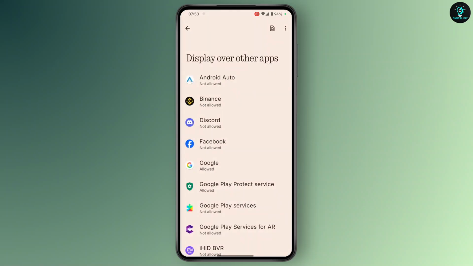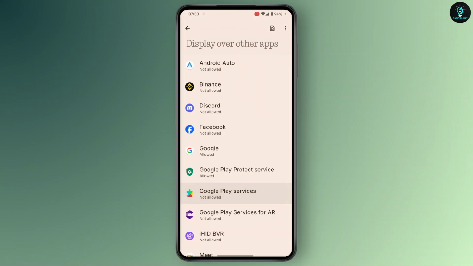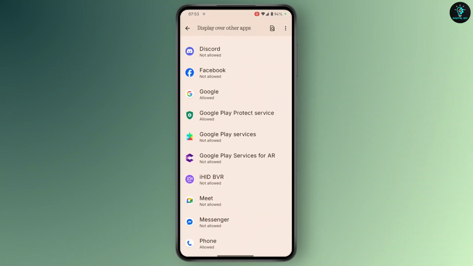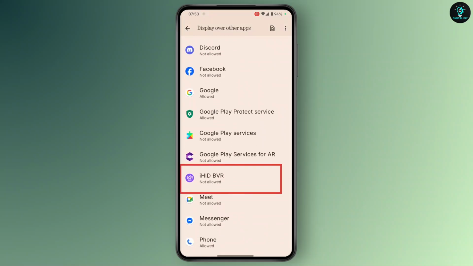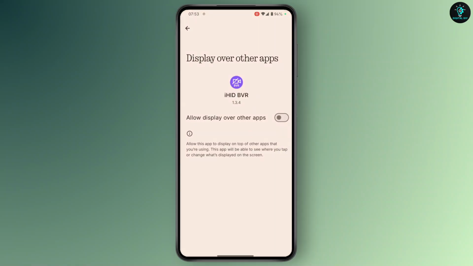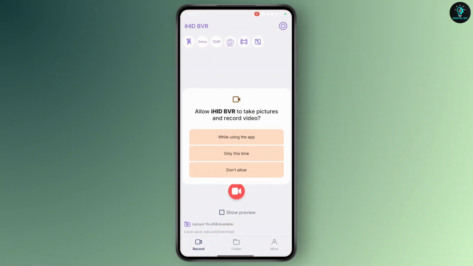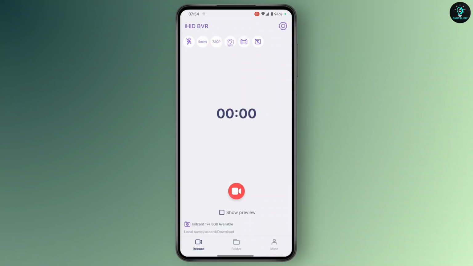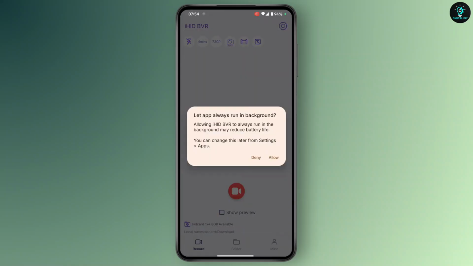So after you tap on it, it might prompt you to allow it to display over other apps, which we will. So search for that app, simply tap on allow, head back, and now give it permissions. And after you give it permissions, tap on the red camera icon again, tap on allow,